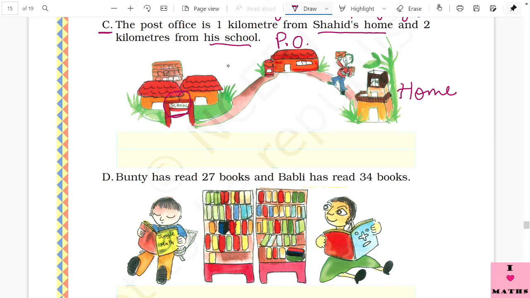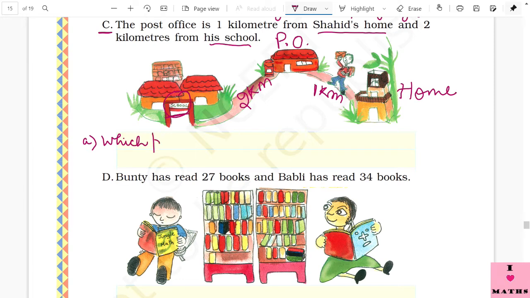Now post office is 1 kilometer from his home and the post office is 2 kilometer from his school. So if we have to frame questions, one question can be,